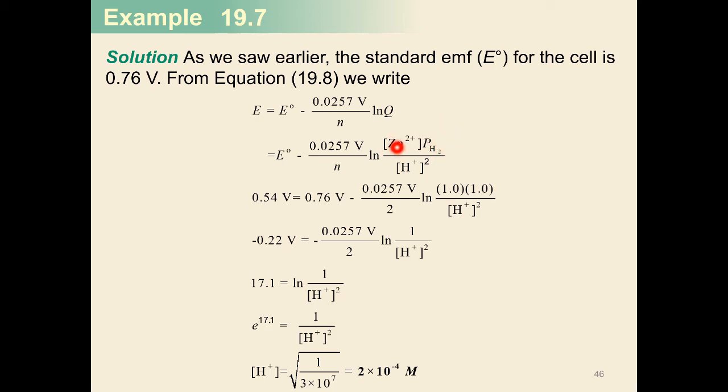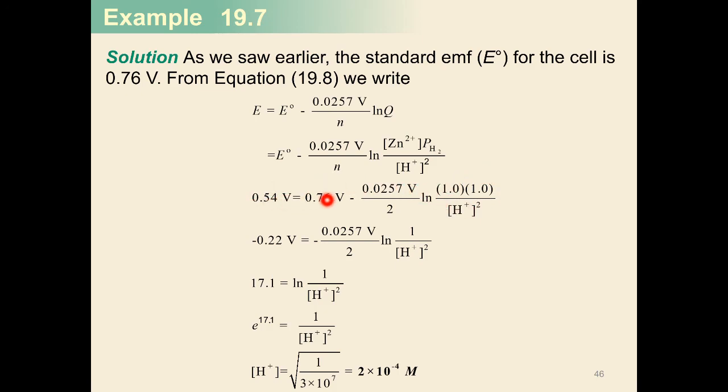Even if this is a molar concentration and this is in atm, since the ln operator here, it removes the exponent, so it's actually fine. So 1 molar of zinc and 1 atm of hydrogen. But take note that the units must be in molar and in atm. It must not be in mmHg. It must not be in grams per liter. So it should be in molar and atm units. So you have these values.